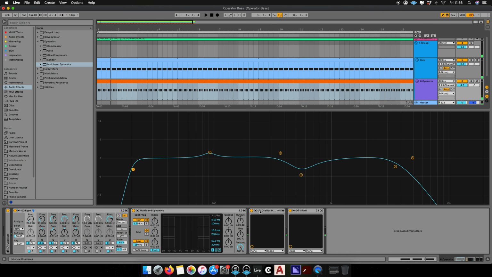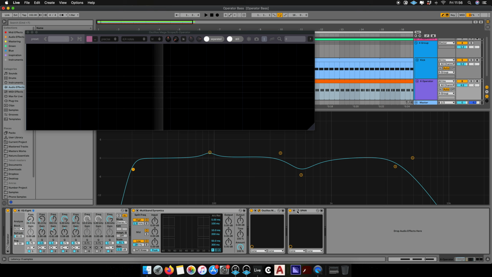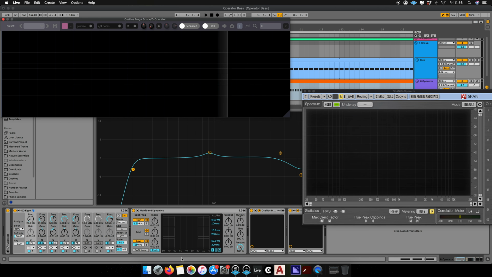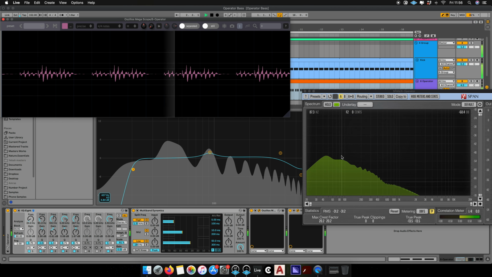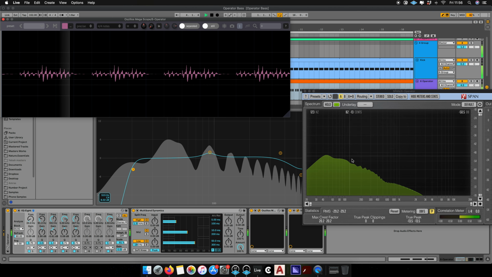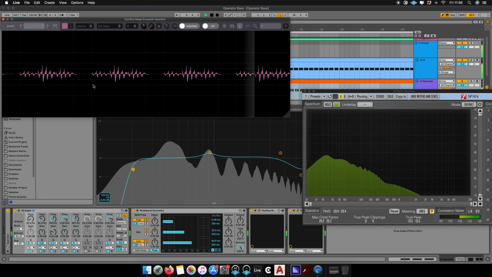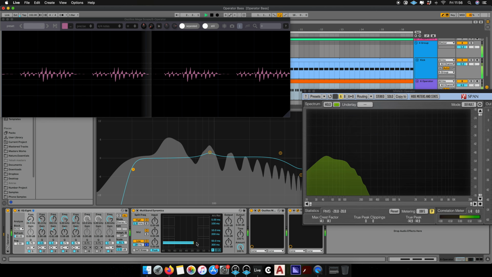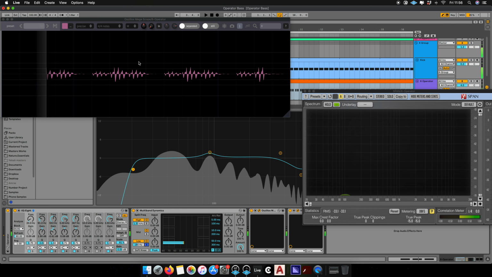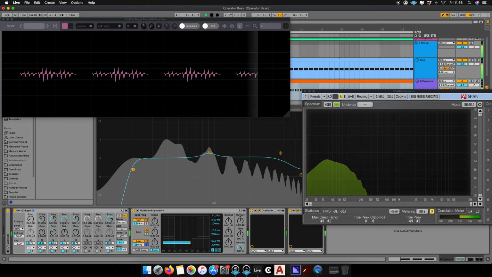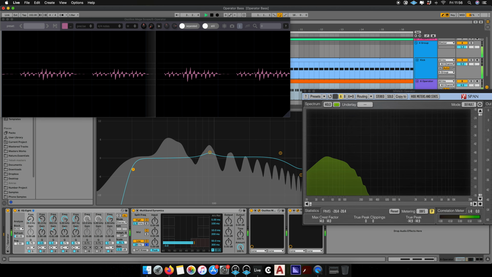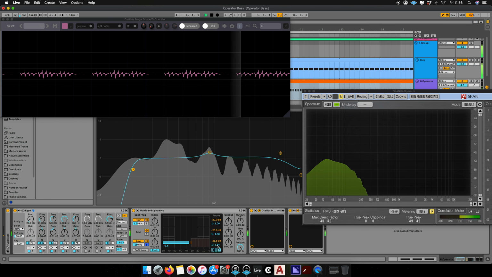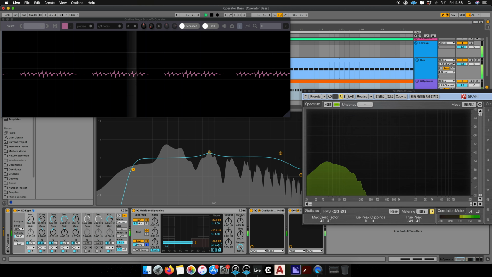So I have two plugins here to help me. One is an oscilloscope and another one is a spectrogram. So in here I see the frequency, in here I see the waveform. So let's check the low end. I can compress a little bit in here, so let's compress. I'm around 1 or 2